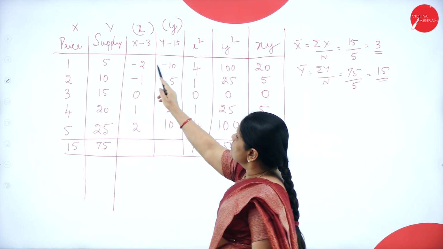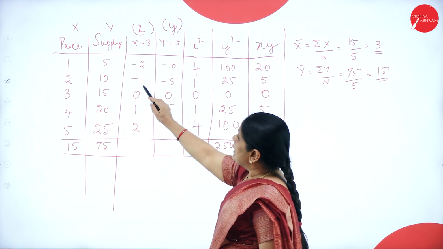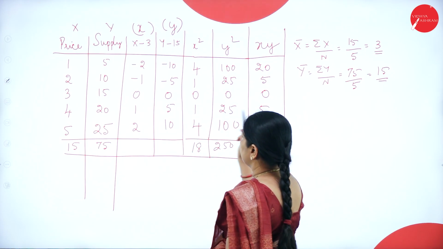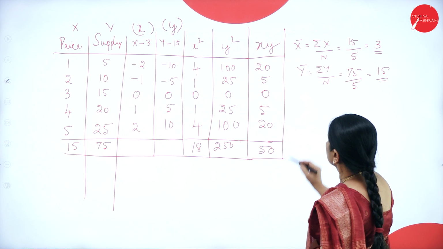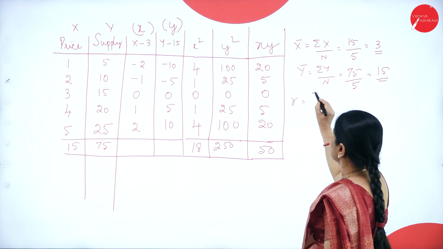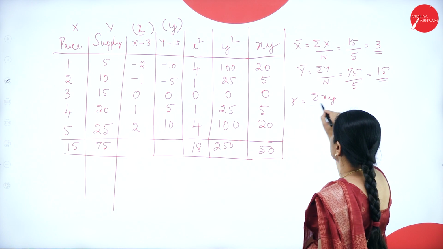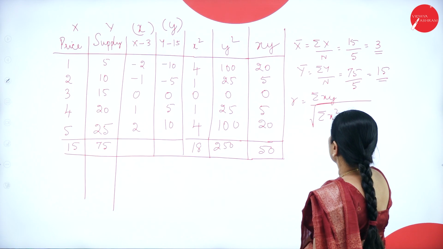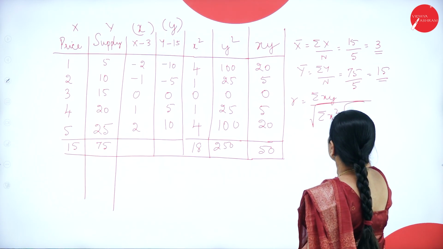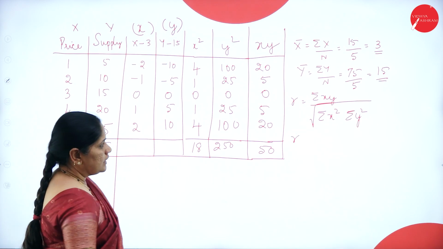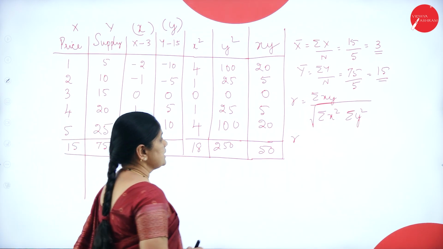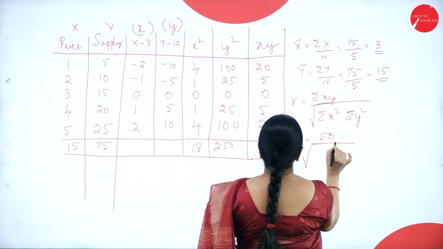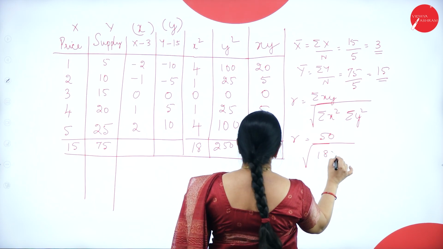So the x column: minus 2 into minus 10 is plus 20, minus 1 into minus 5 is plus 5, 0 into 0 is 0, 1 into 5 is 5, 2 into 10 is 20. Now I have the correlation formula here. So r will be equal to sigma xy divided by root of sigma x square into sigma y square. Now what is sigma xy given here? We got it as 50 divided by root of 18 into